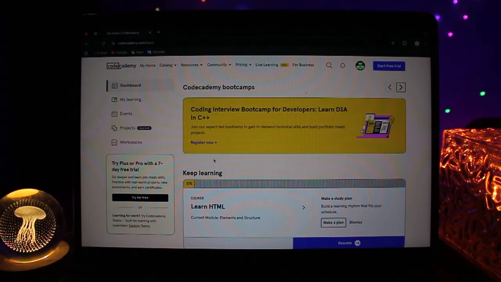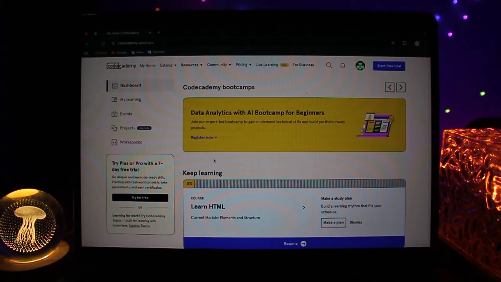If you want extra features like guided paths and more projects, Codecademy sometimes offers free trials or the pro version. You can use them temporarily without paying, and that's how you can use Codecademy for free and start